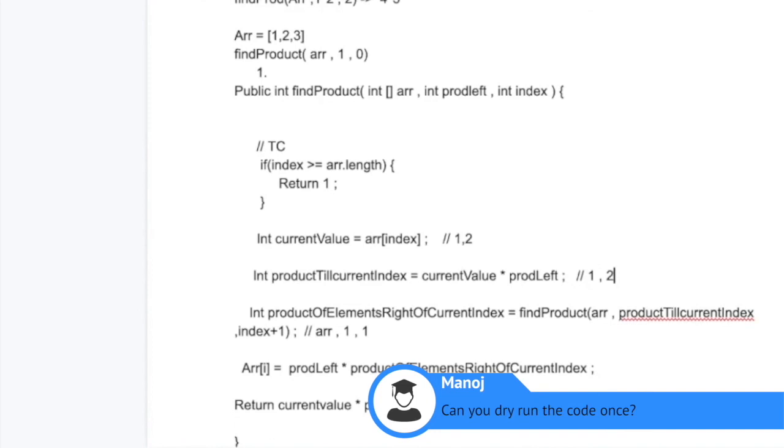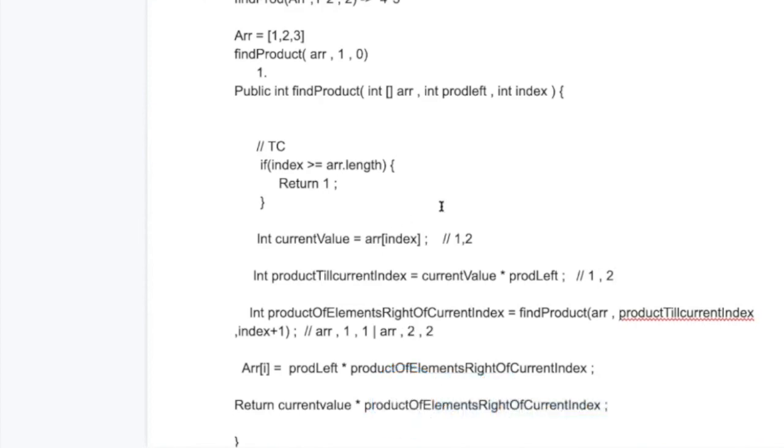And in this case, again it goes here, and the second argument that is passed is the product till the current index, so it comes as 2. Then again it comes here, the current value comes out as 3, and this value comes out as 3 into the previous value that was passed, 2, so it becomes equal to 6, right?